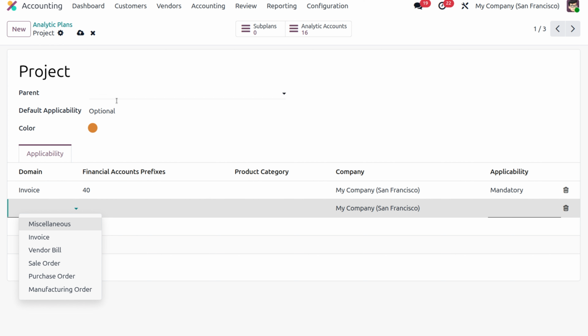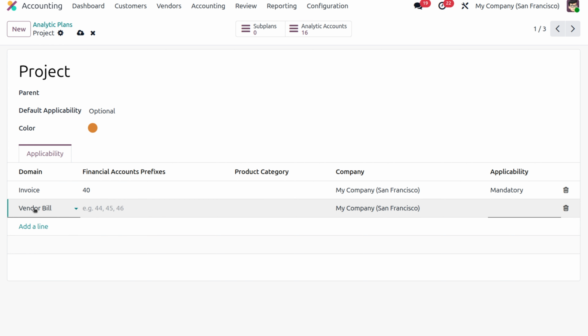Okay, so for project, if I want to choose the vendor bill, I can choose, and I can provide any kind of financial account prefix. So let me provide it as 42, and you can provide the product category, company, and applicability. So if I want to provide this vendor bill, project under the vendor bill, I can put this option, or